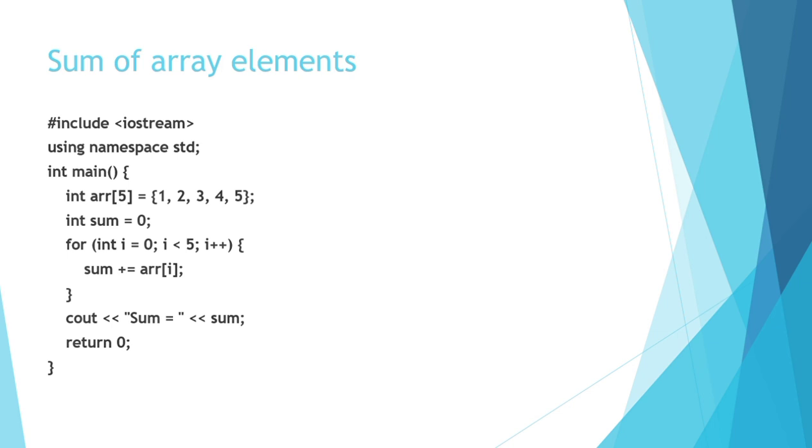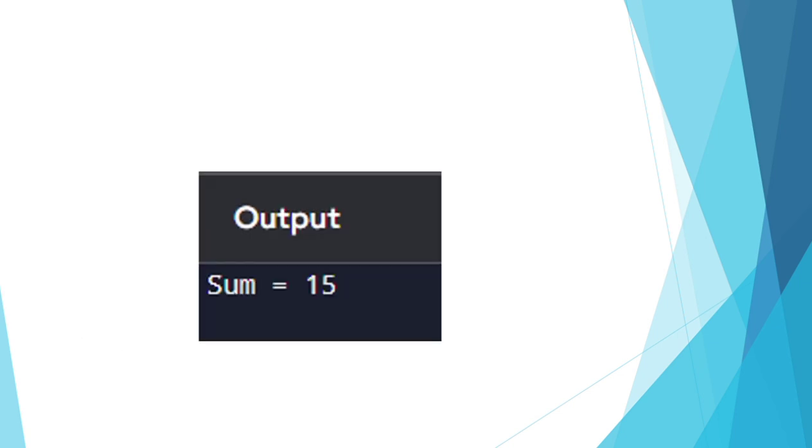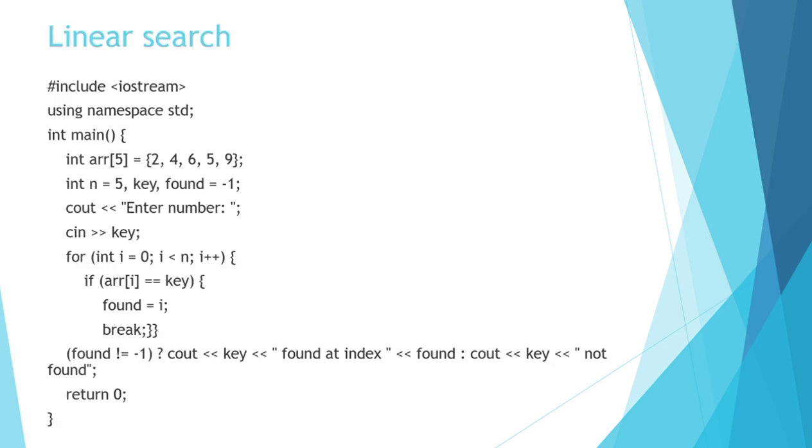This program effectively demonstrates array traversal, accumulation, and output formatting in C++. After successful execution, output will be like this. Linear search. This C++ program searches for a user-provided number in an array and prints its index if found. The program first initializes an array arr with 5 elements 2, 4, 6, 5, 9, and defines integer variables n,